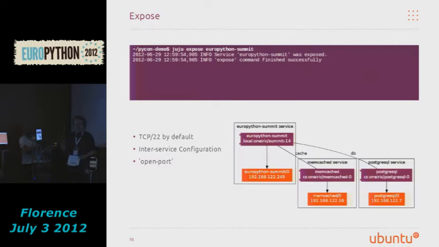So charms can specify how they should be exposed. When all those hooks are running for the Summit charm, one of them would have executed the open-port command, which would have told Juju, when I am exposed, you need to expose me on these ports. So when we run juju expose europython-summit, for an EC2 provider, Juju is going to talk to EC2 and set up the security groups to allow that port on the service unit supporting that service to be exposed to the internet.